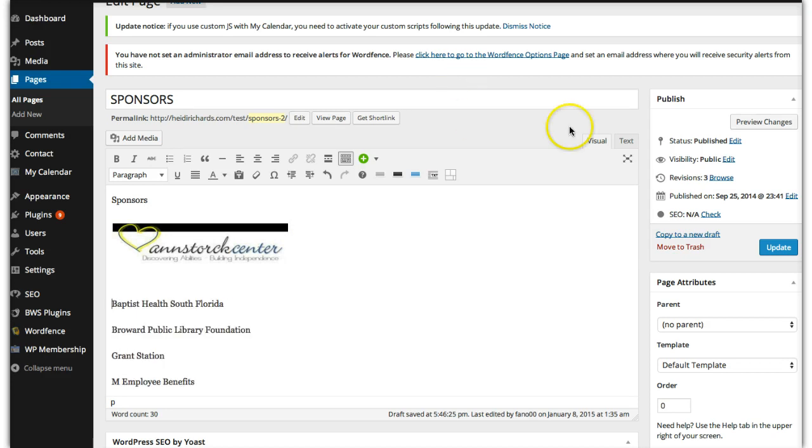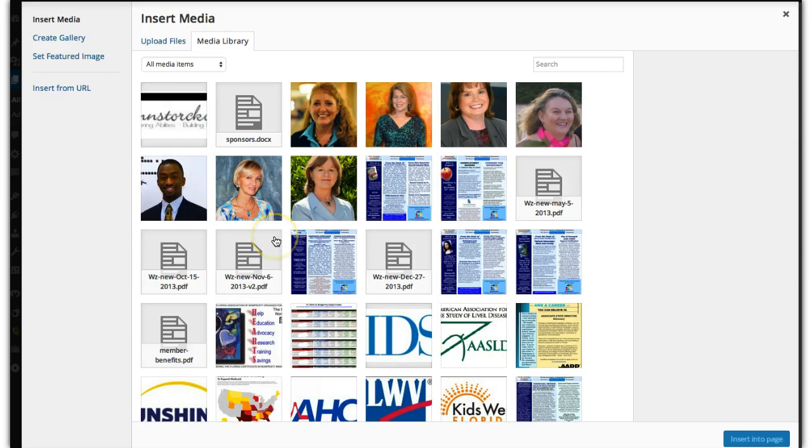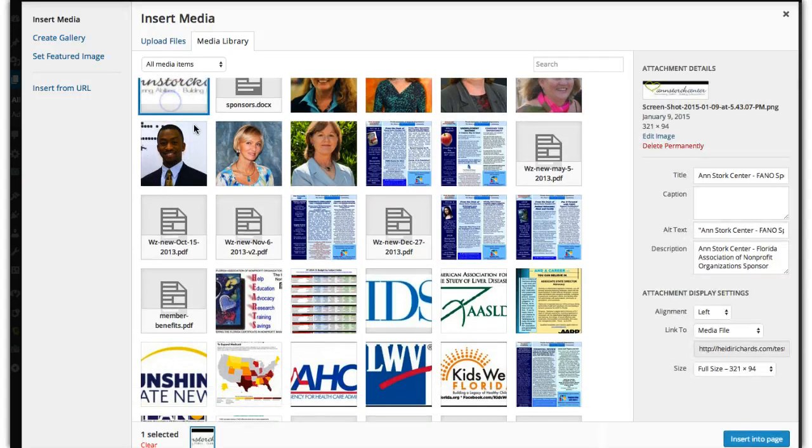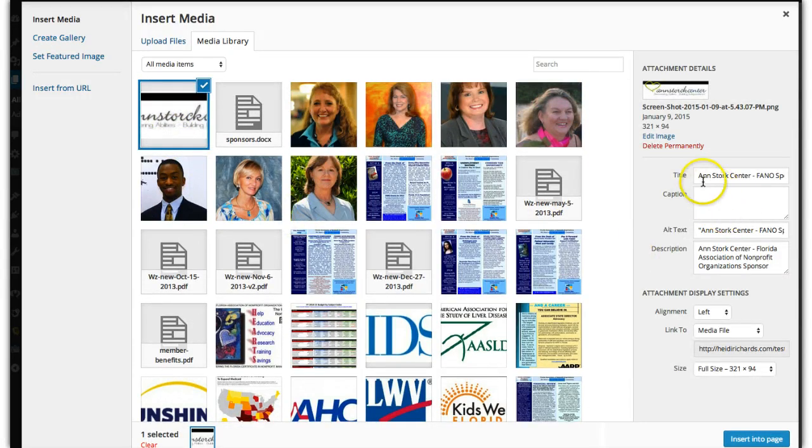When you're doing this, you want to be in the visual editor. So let me just do that again so you can see what I'm doing. So that was the picture that I grabbed. I'm going to add the media. So then you want to go back into the file, and you've already uploaded the file, so you just simply click on that file, and you see all the stuff that you put in here is still there. So you could upload several pictures, you could title them, you could alt text them, you could do everything. You could link. You'll need to go back though and change the custom link